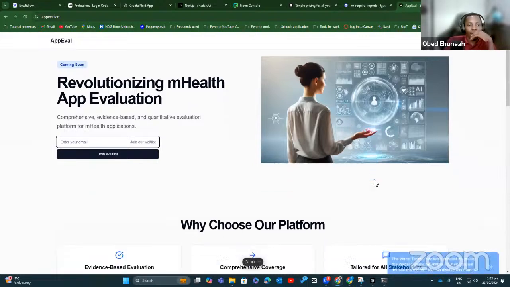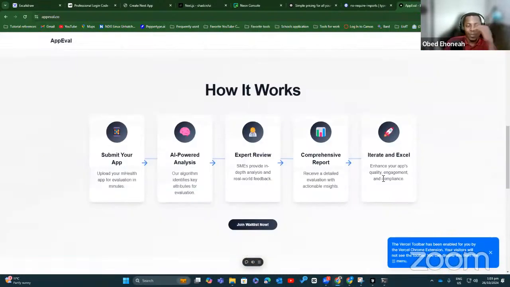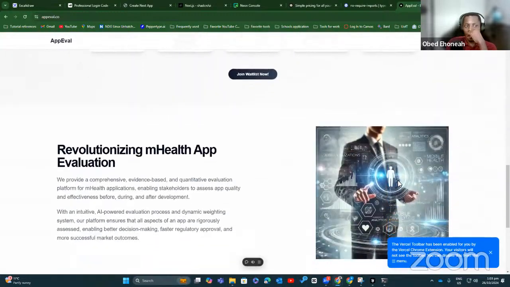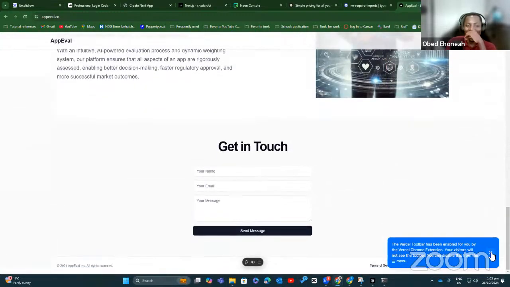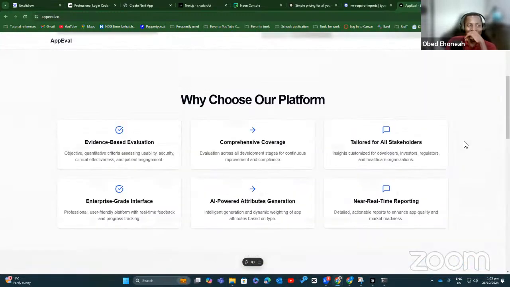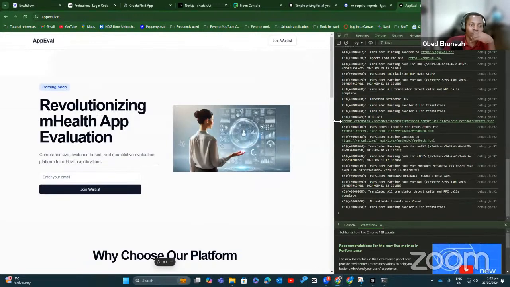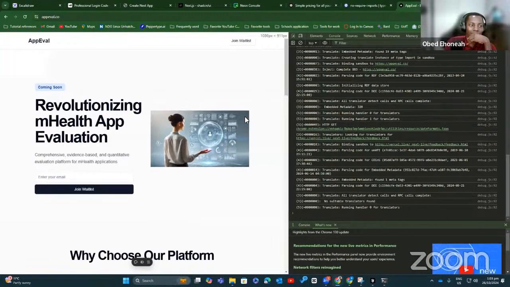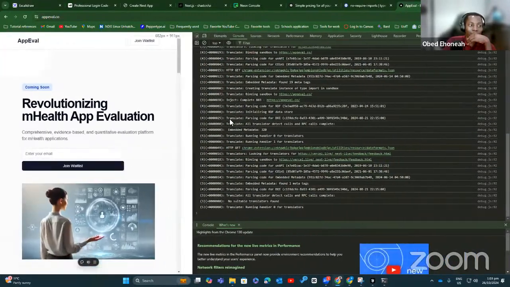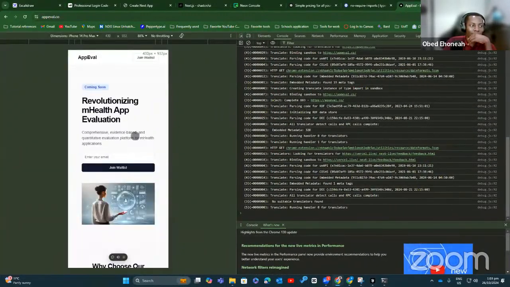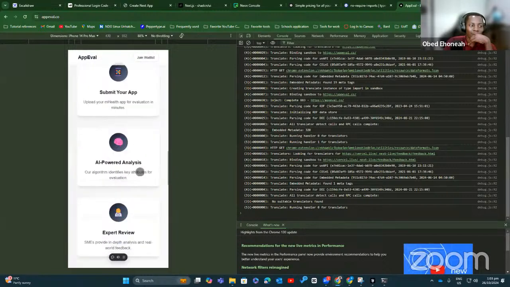So the landing page, I did it in a couple of minutes. And it's all Vue created. Obviously I had to do one or two touches, but this was done, and it's very, very responsive.